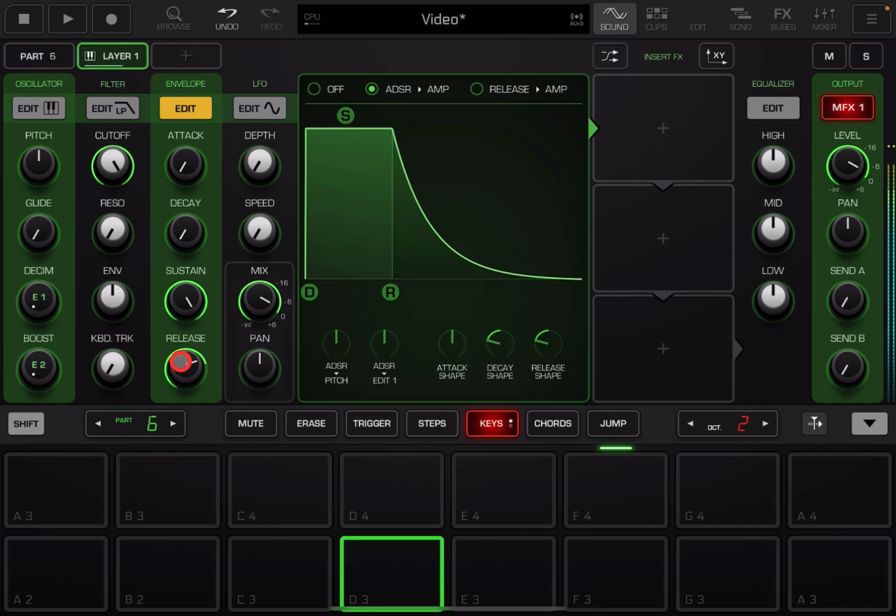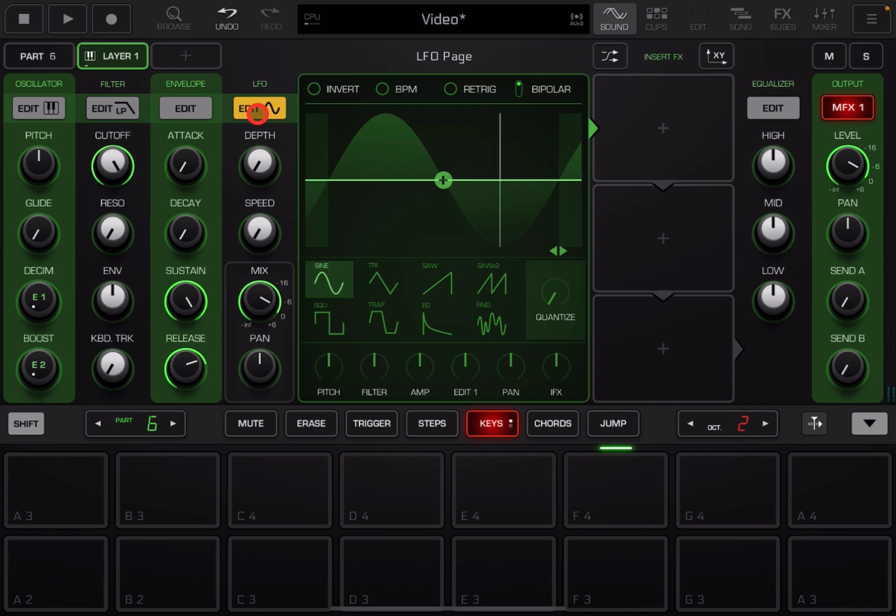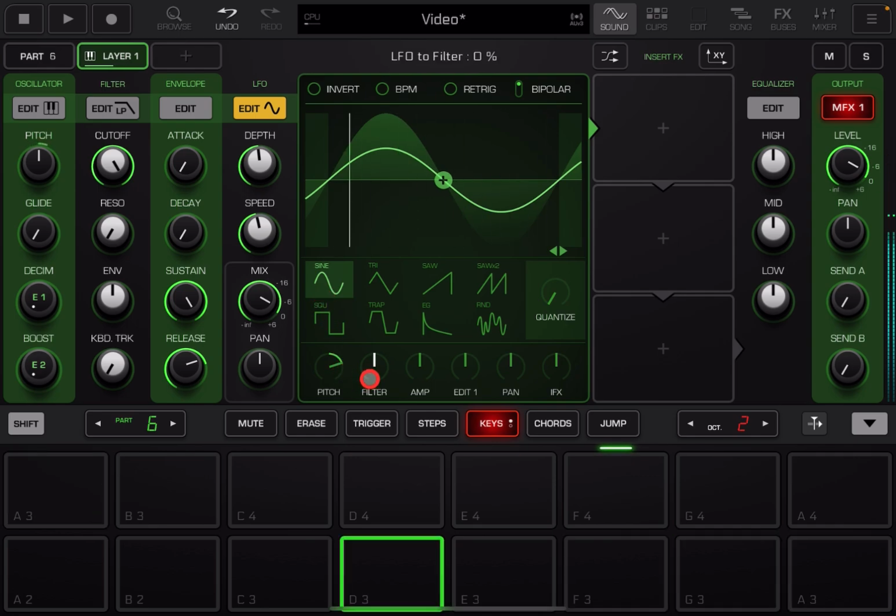Now these will be independent layers, but each layer also has an LFO. If we switch LFO on here, we can use an LFO. So let's speed this LFO up. Okay, let's add some depth. And let's apply some to the pitch. The filter, which we're not using, but